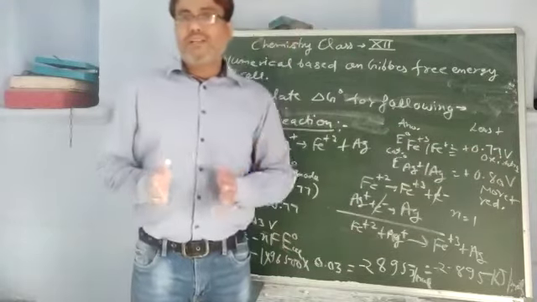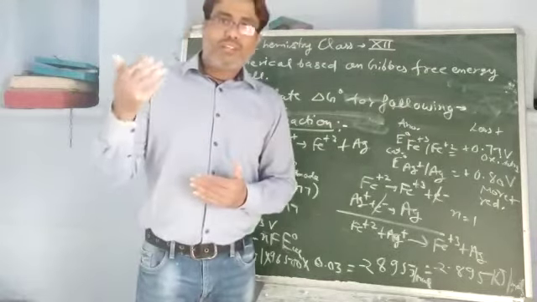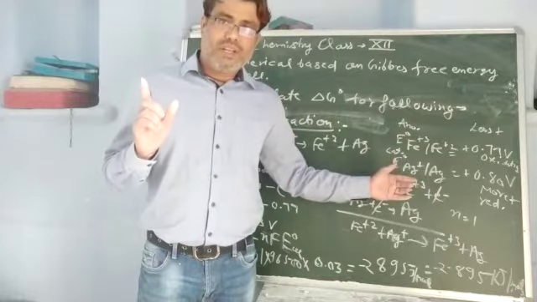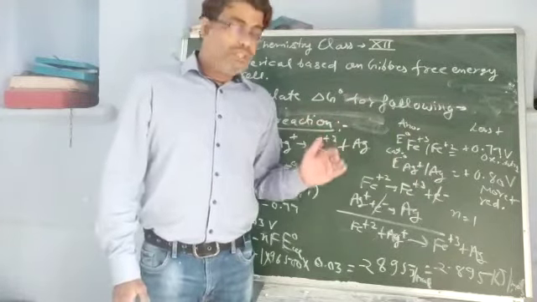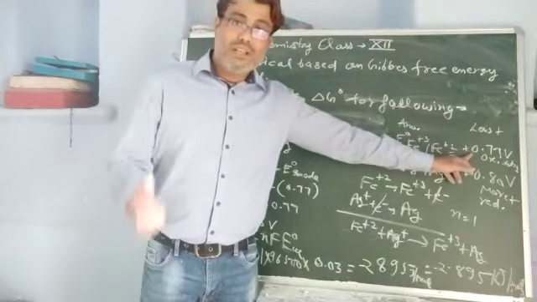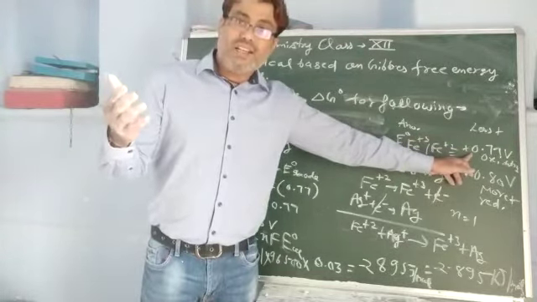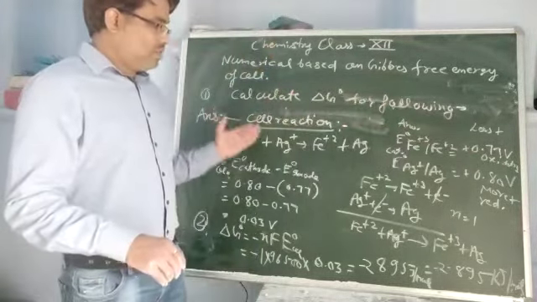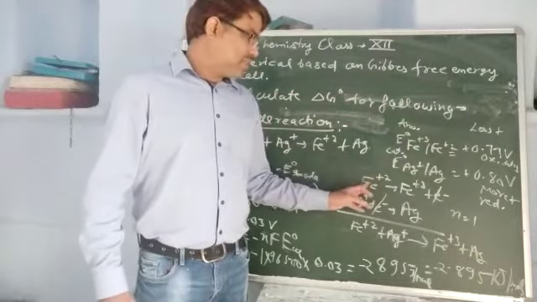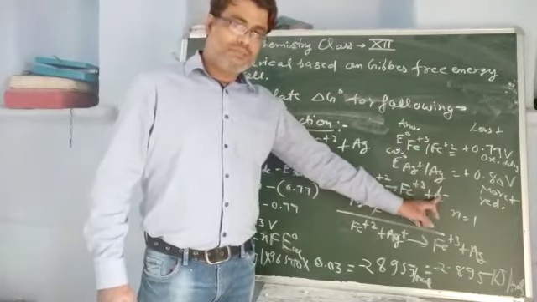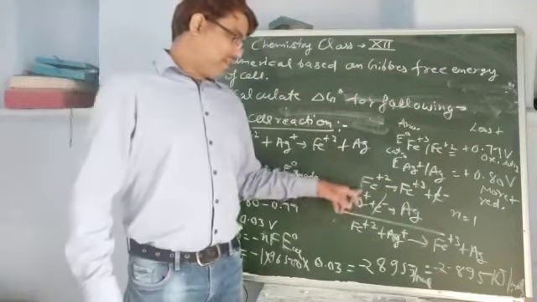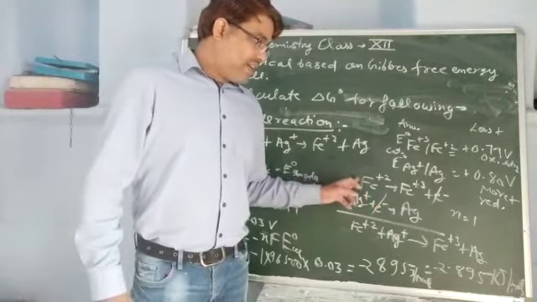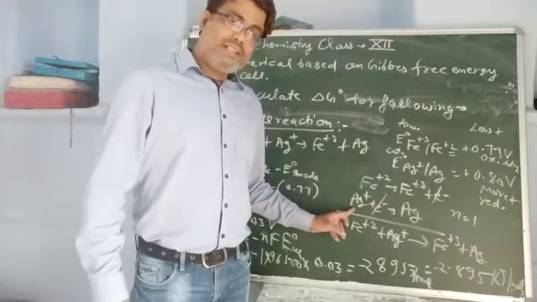You should know that the electrode which has the more positive value of reduction potential will act as cathode, and reduction reaction takes place there. The electrode for which the reduction potential value is less positive will act as anode, and oxidation reaction takes place. That is the same as happening here. For iron, there is oxidation, Fe2+ is converted to Fe3+ and one electron is released. For silver, the Ag+ ion takes the electron to form Ag. So iron is acting as anode and silver as cathode.